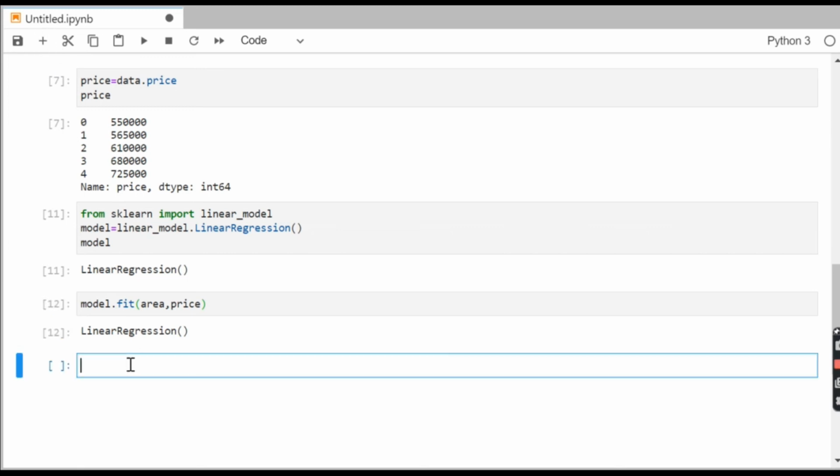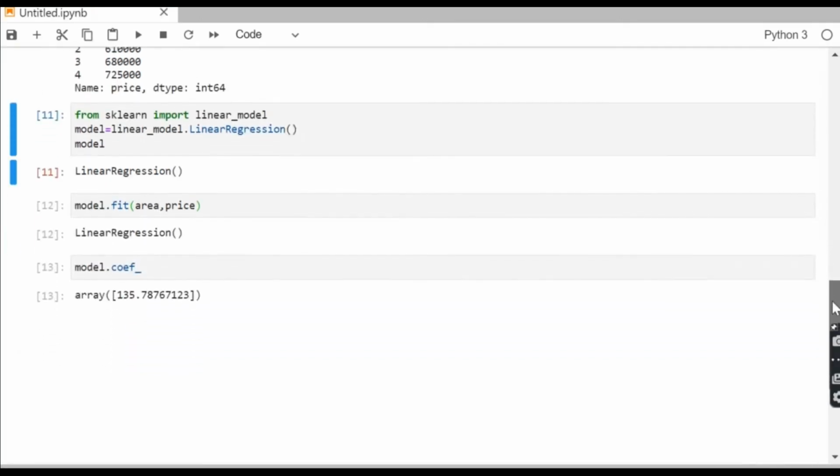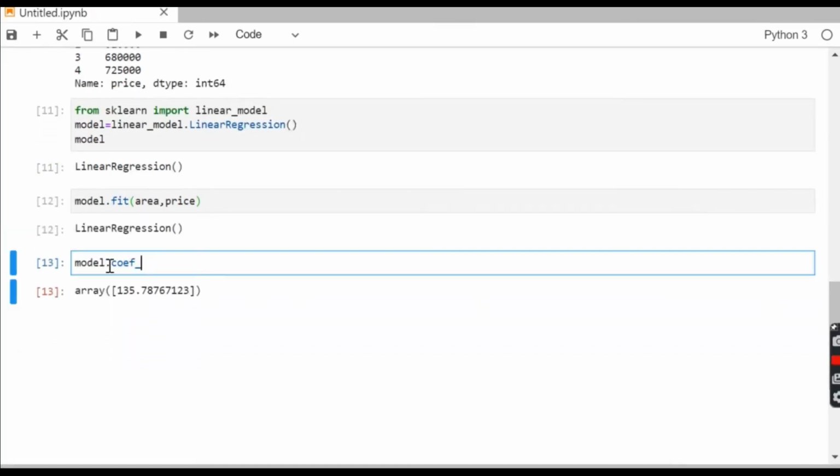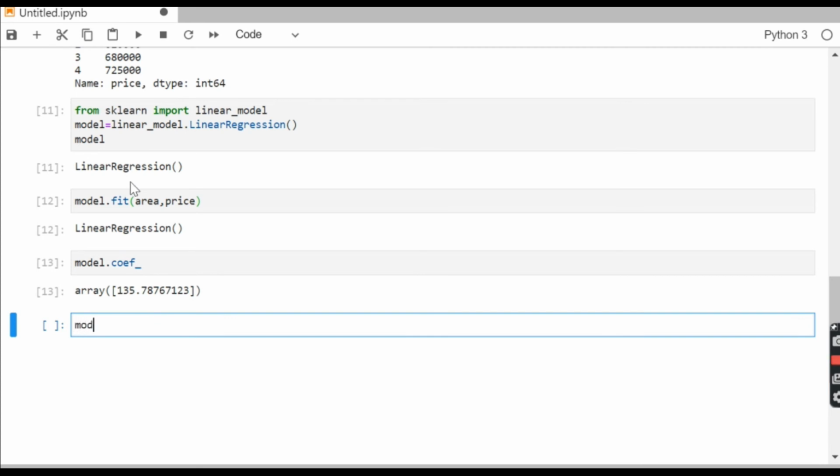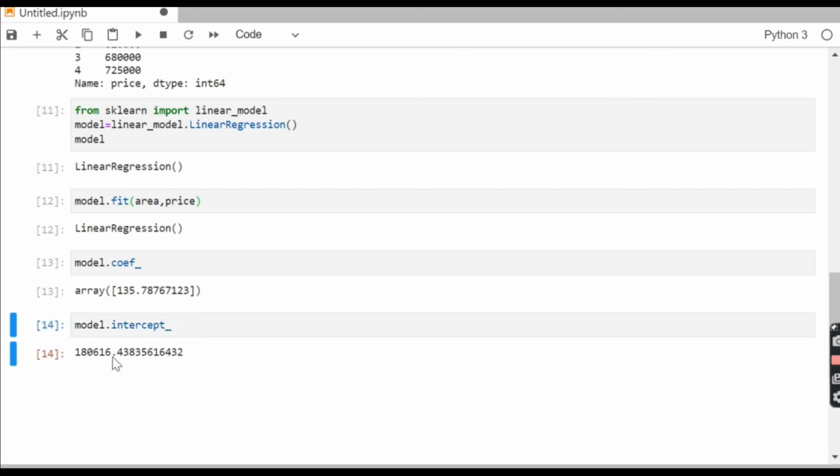So our model is ready. If the model is ready, then we can see the coefficient and intercept. We need to write model.coef_ and it will print the coefficient value for us. If you want to check the intercept, then you need to write model.intercept_. This is the way you can get the intercept.